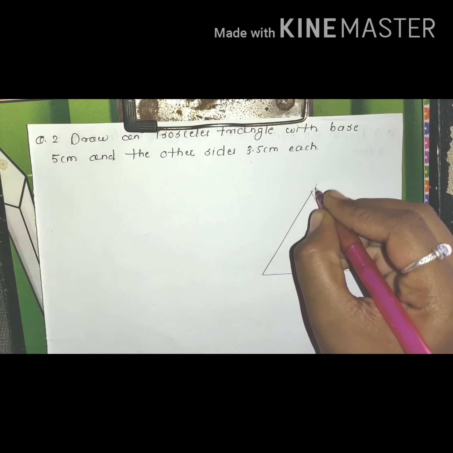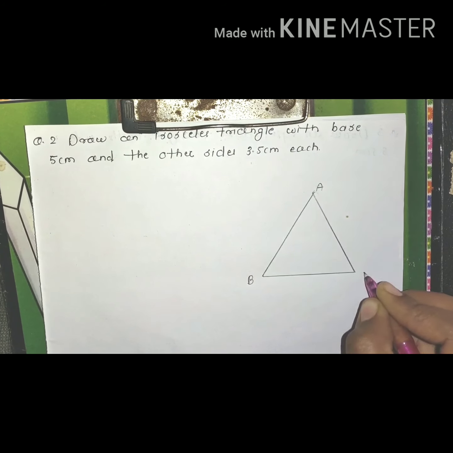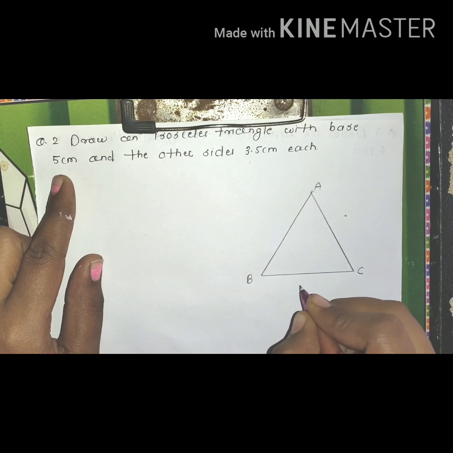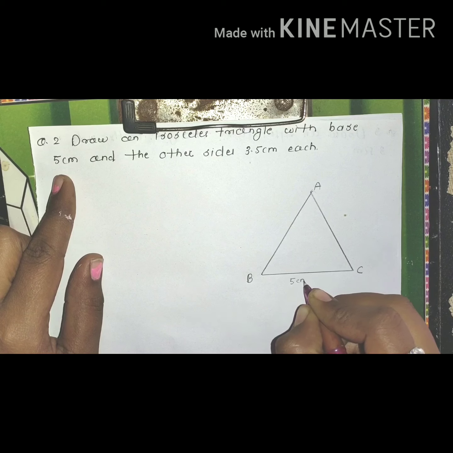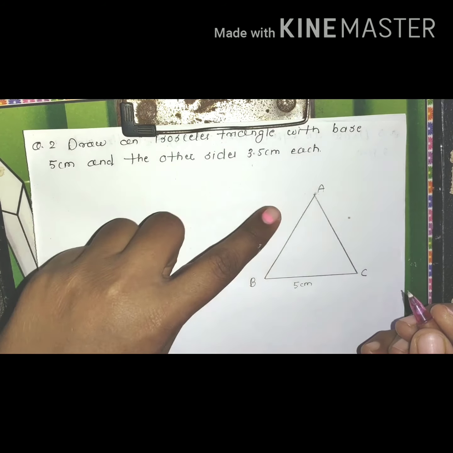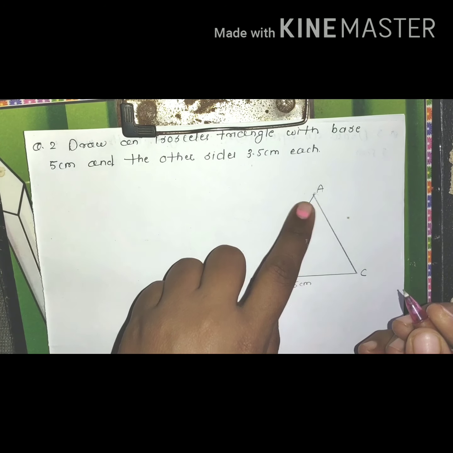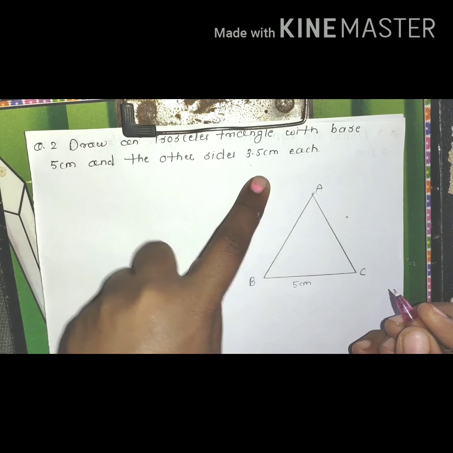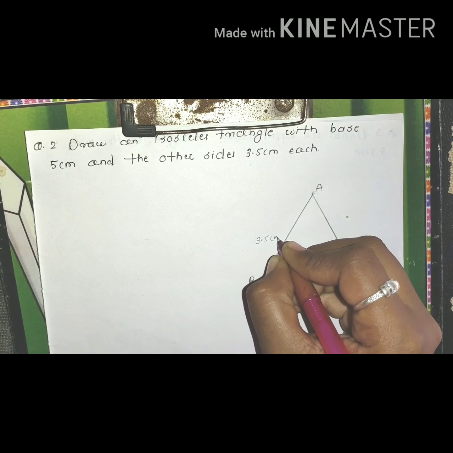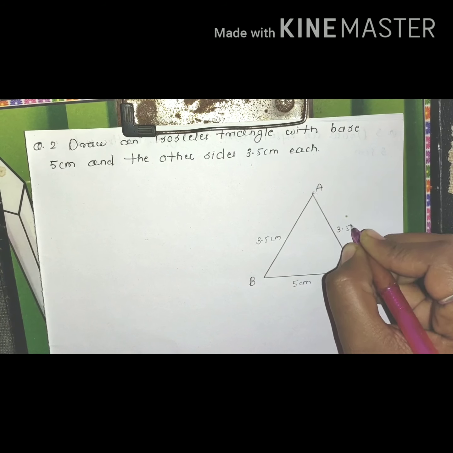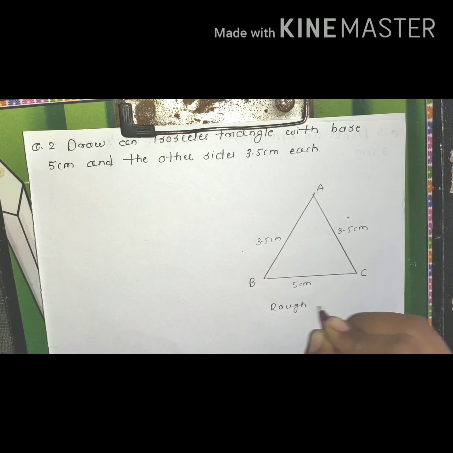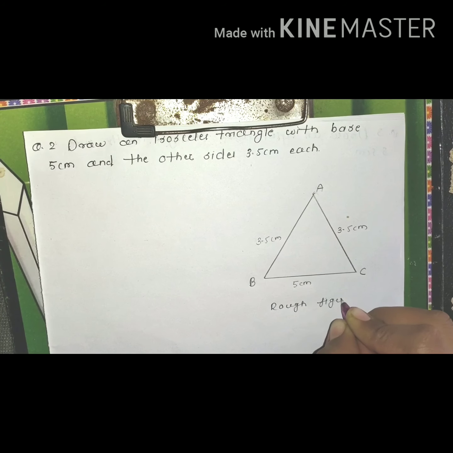लेट अस नेम इट एज ABC. ठीक है, जिसमें द बेस इज ऑफ 5 सेंटीमीटर, दैट मीन्स द segment BC is 5 centimeter and remaining two sides, that means segment AB and segment AC is of length 3.5 centimeter. So here is 3.5 centimeter and this is again 3.5 centimeter. That is the first step while drawing the